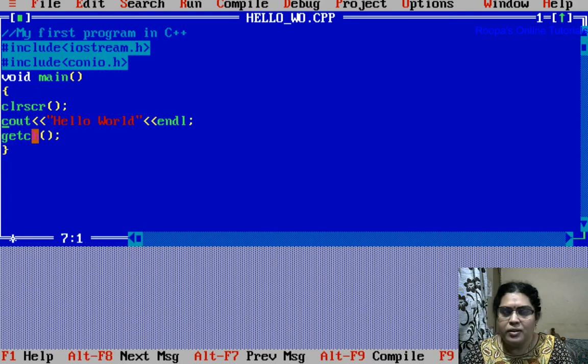Now coming to the cout less than hello world. Here cout is an object of the iostream again, and it is for output. When you want to print anything on the terminal screen, we use cout. Out is output, remember that. And the less than operator is known as an insertion operator in C++. Whatever comes after this is inserted in your cout object. So here we are having hello world. This hello world will be inserted in your cout object, and after that we are having one endl. This endl is given for the cursor to move to the next line. You can observe here, after hello world the cursor